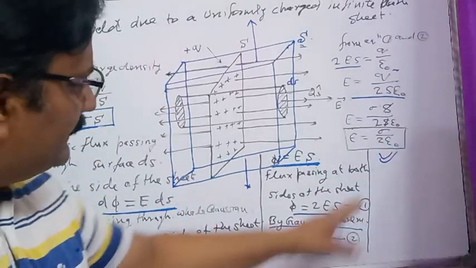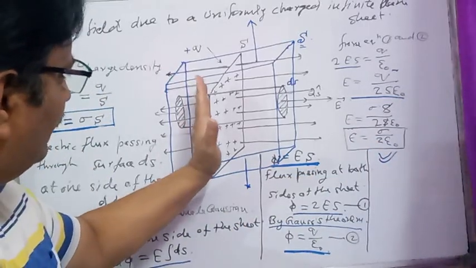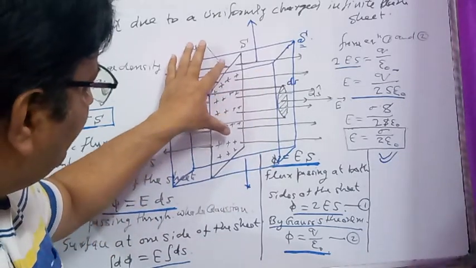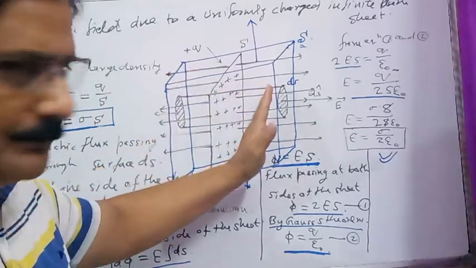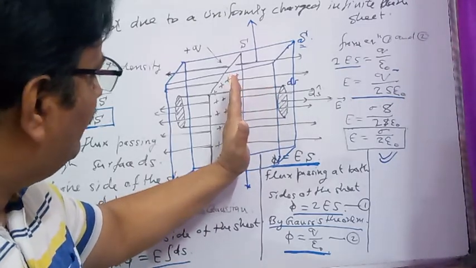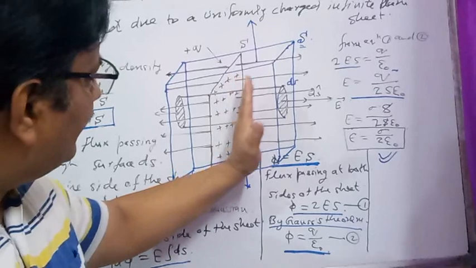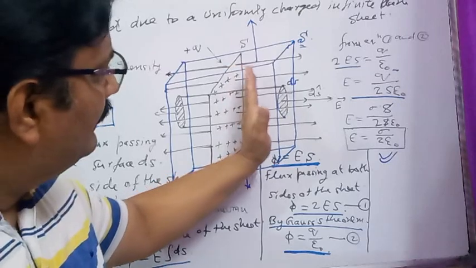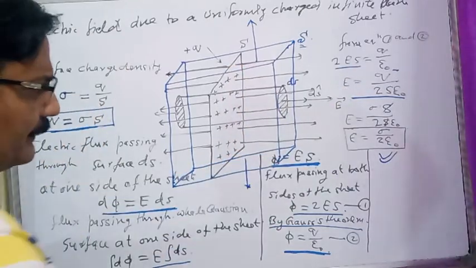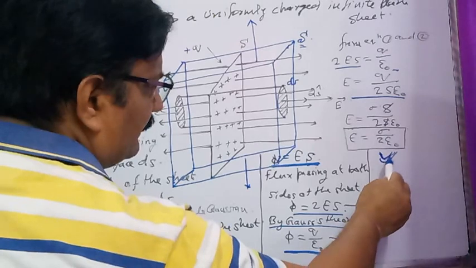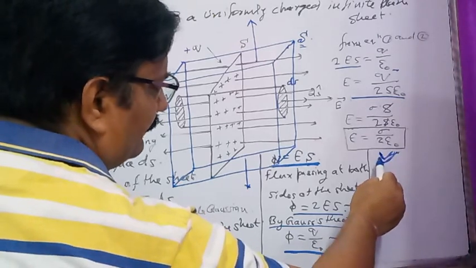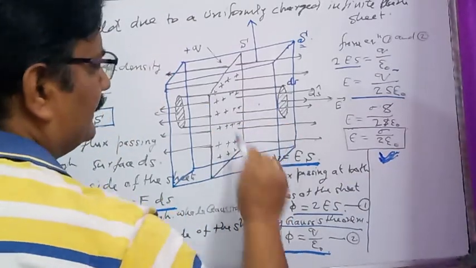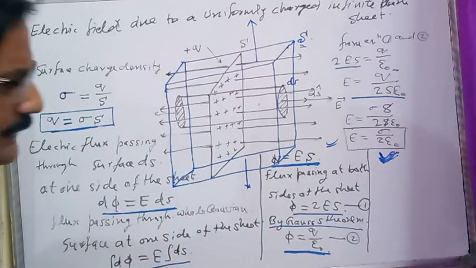By this equation you can see the electric field in the immediate surrounding of the sheet depends on the surface charge density of the sheet and the medium. But if we move to a larger distance, that cannot be true. The electric field in the presence of this sheet may decrease. So this equation is applicable if we are observing the electric field in the immediate surrounding of the sheet. In that condition, this equation is correct.